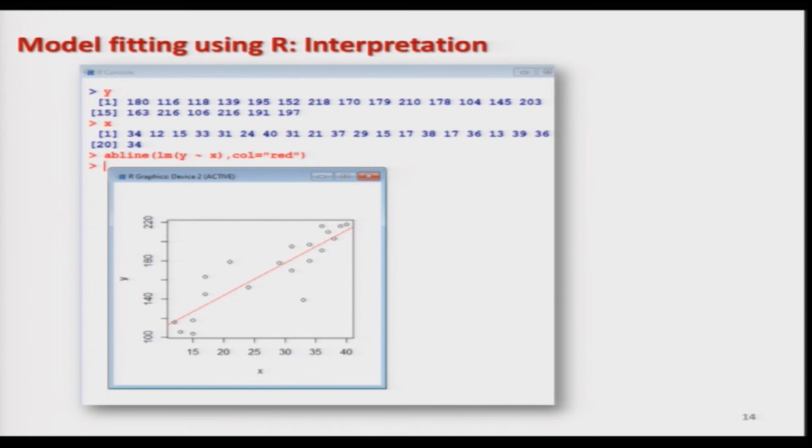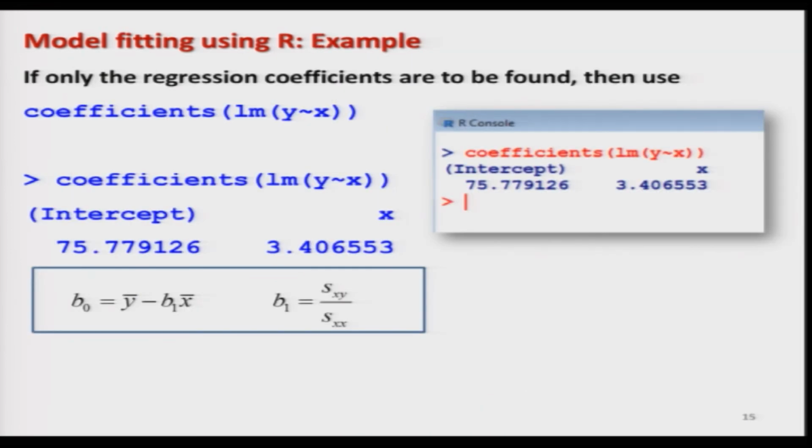And this is the screenshot of the same graphic. You can see here that the data is the same and you are getting the same line. You can also obtain it. Now suppose I am not interested in all this, and I simply want to obtain the coefficients. If you want to extract the coefficients in this analysis, then you can use the command coefficients,